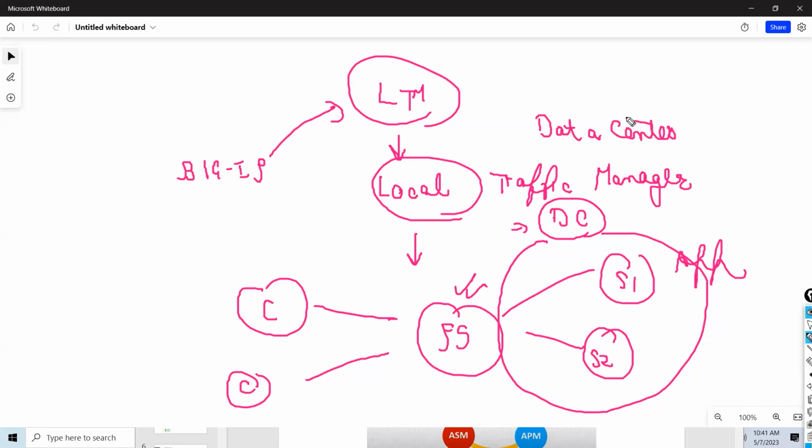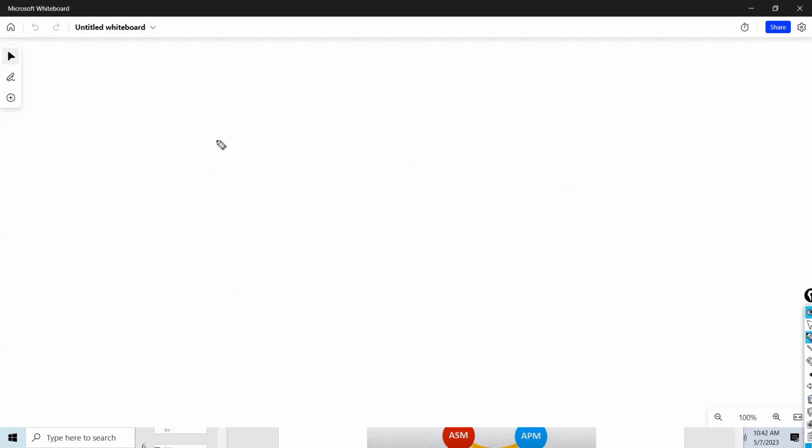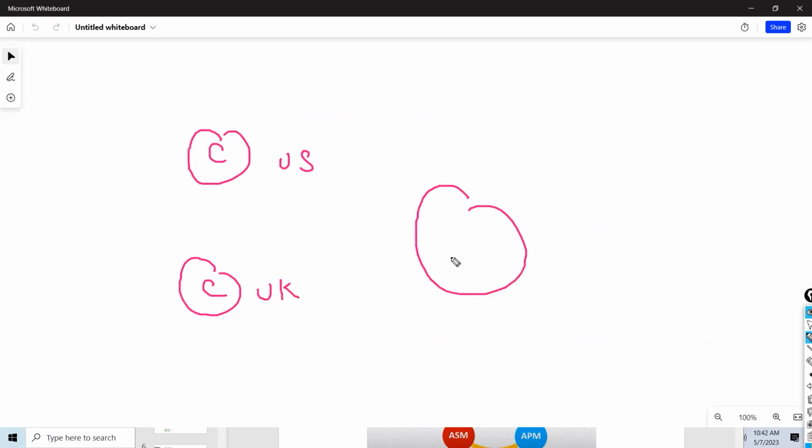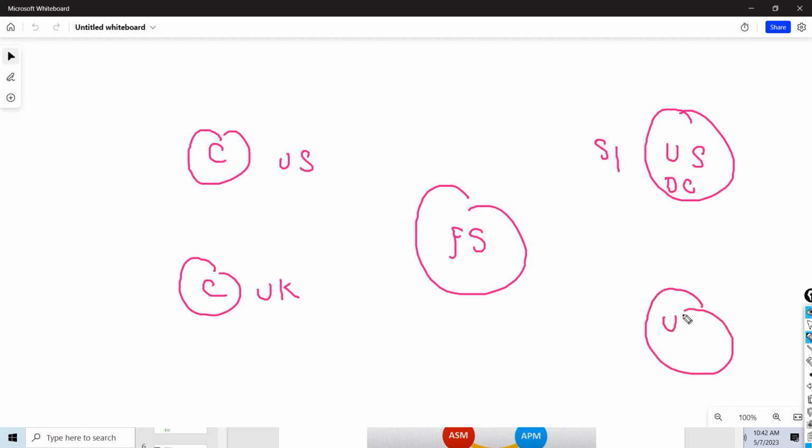But sometimes a customer requirement comes that I have clients in US. I have clients in UK. Then I have F5. My one application, the same application, is hosted in a US data center. One server is in the US data center.